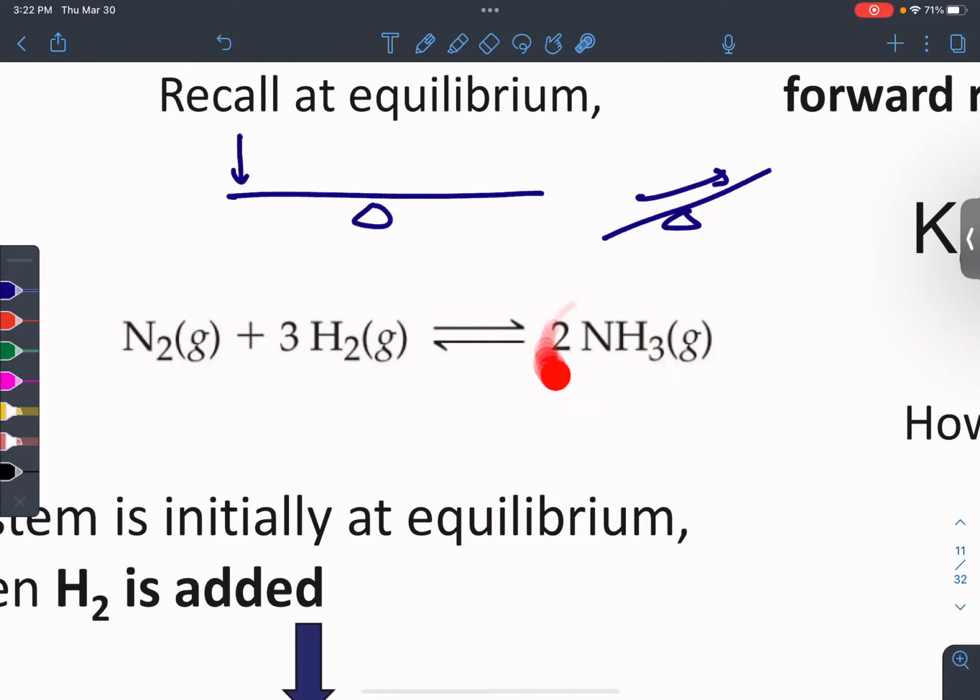What if I add a product? What if I add ammonia? Which way is the reaction going to shift? To the reverse. We're going to move to the reactant side. Again, if you use the seesaw analogy. Are you following? Okay. What if I take this reaction and I add hydrogen? Which way is it going to shift? Forward. Yep. Add a reactant, it's going to shift forward. What we're actually doing is disrupting Q, and we're thinking, okay, how does Q need to become K again? But Le Chatelier is the quick and dirty way to do it.